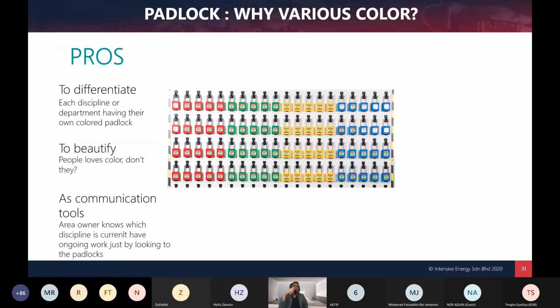So if there is a red padlock, the area owner can see, oh, operation people are doing a job there. If it's blue, instrument people are doing a job there. So color coded as a communication tool. Without asking, by seeing the color, they know who is working. Cons: expensive. This kind of padlock, I think those people who ask whether we can buy from a local